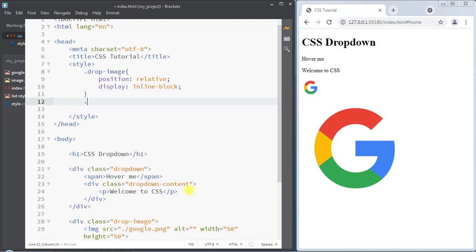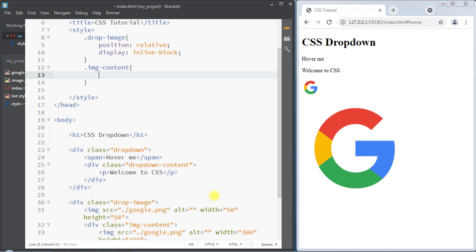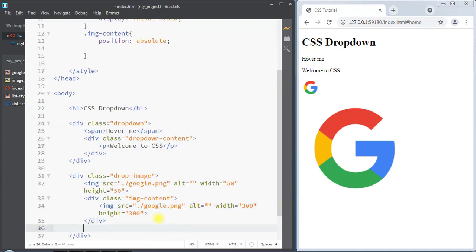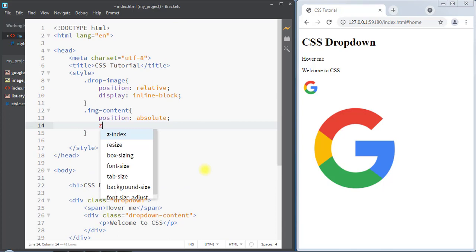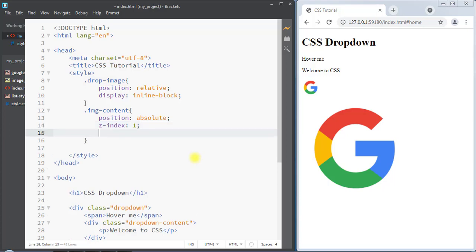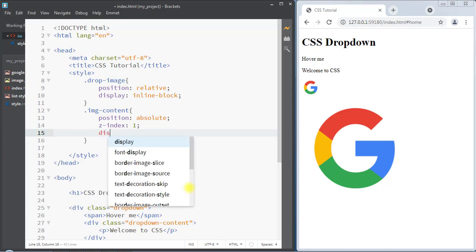And now we're going to select the img content class, and we're going to use the position absolute to position our inner content relative to the parent element. And now we're going to use the z-index property of 1 to display our image over any other content. And now initially we want our drop-down image to be hidden, so we're going to use the display none property